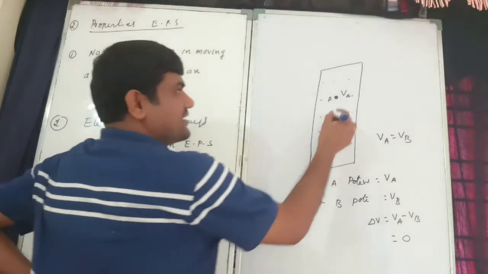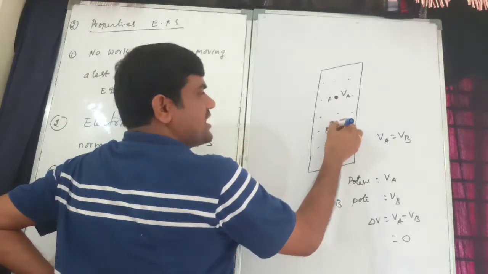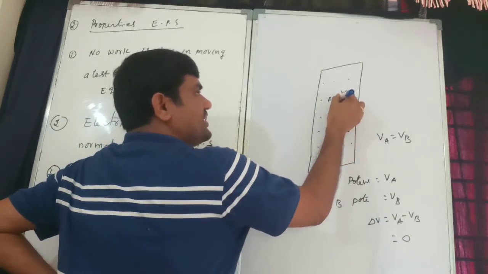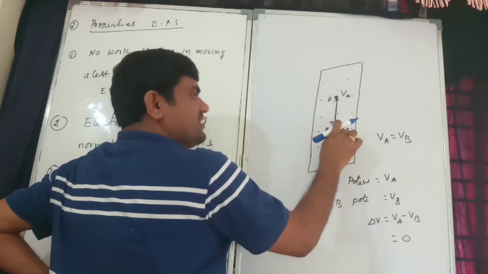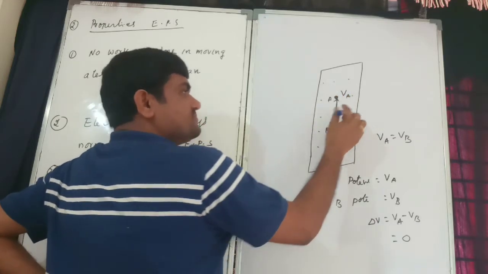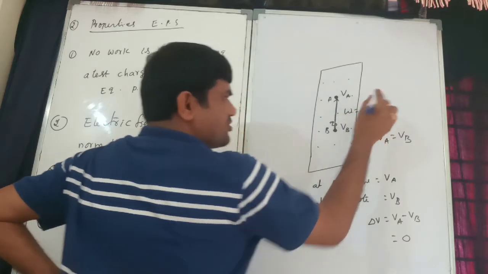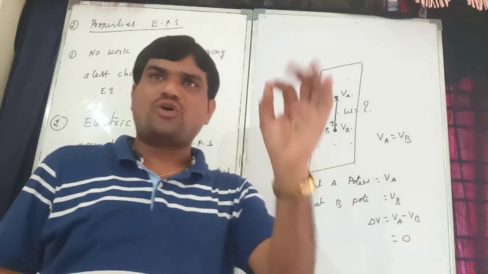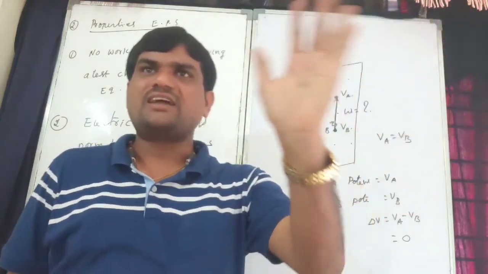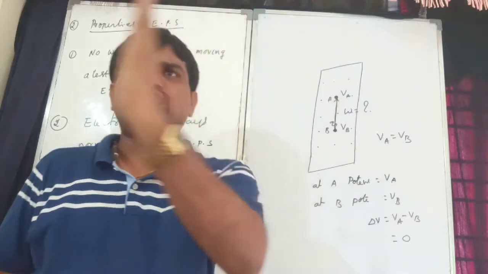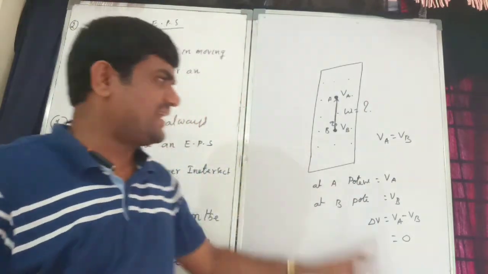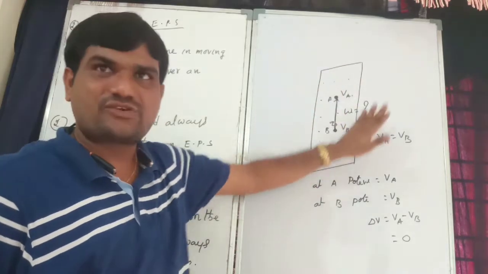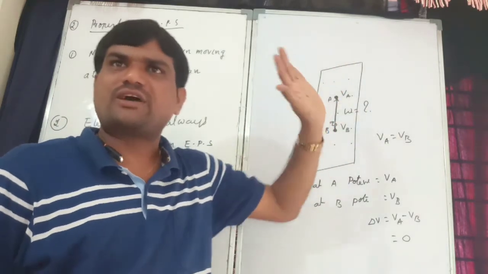Correct? For example, here one charge will be there. Q0 we want to bring from here to here, from B to A or else A to B. Required work done is equal to how much? What is the potential? The amount of work done to bring the charge from one point to another point. Potential difference. Correct? So now here a test charge will be there, one charged particle on the surface only.